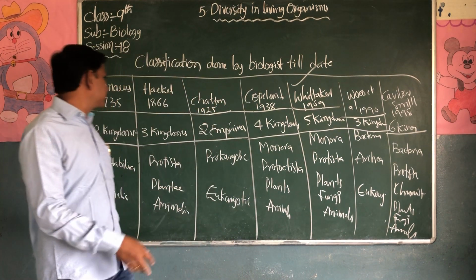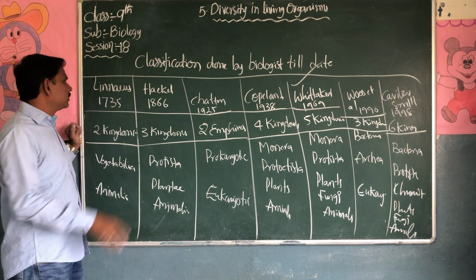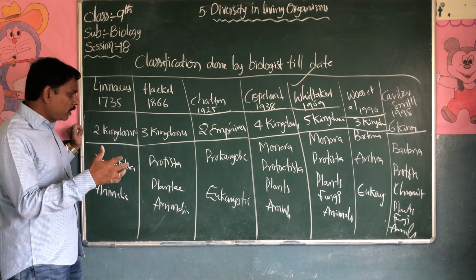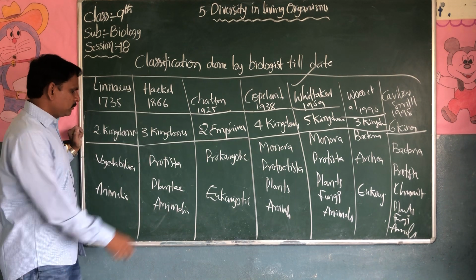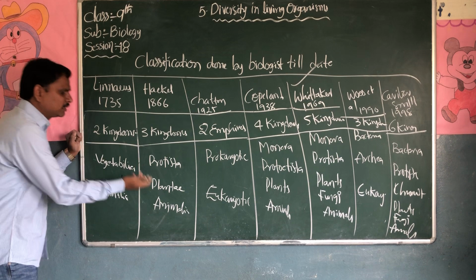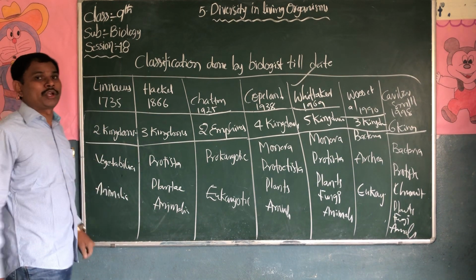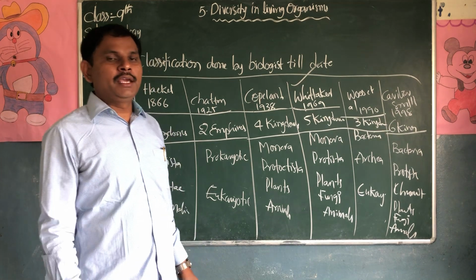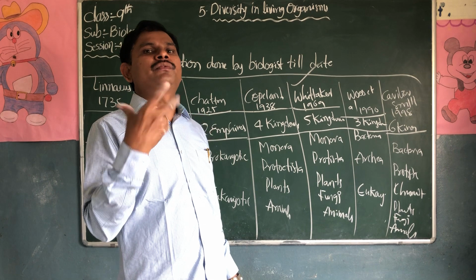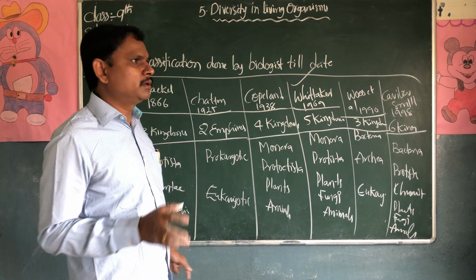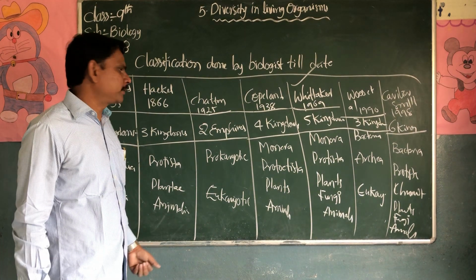Coming to the next, Haeckel in 1866, in addition to Linnaeus, he added one more to his kingdoms, making 3 kingdoms. Vegetable is nothing but plants, animals is nothing but animalia. He added one more, that is Protista. When he observed Protista along with bacteria, it looked different compared to the plants and animals. That's why he classified one more, Protista.